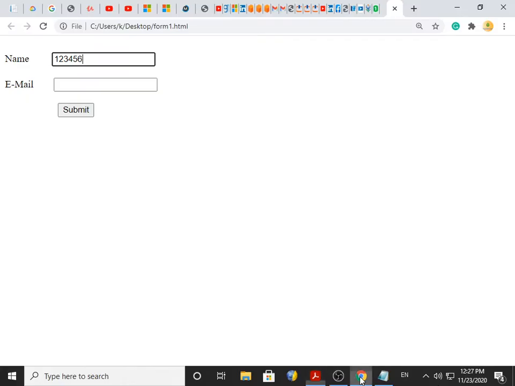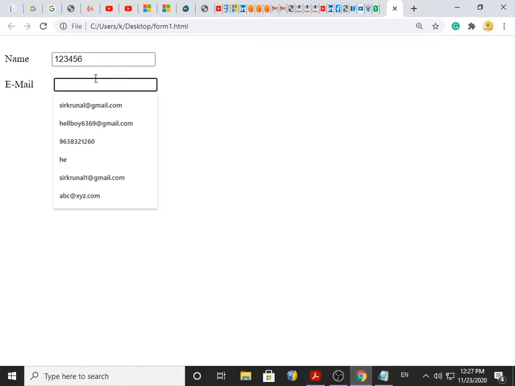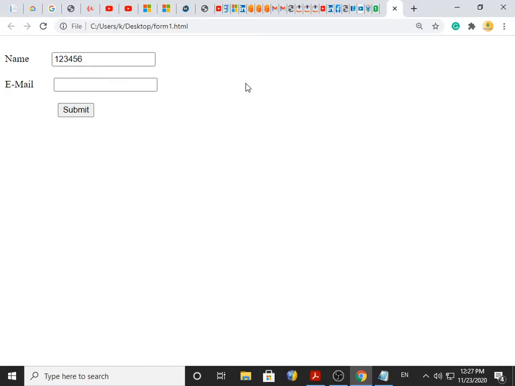Now how can an email address be correct? An email address must contain the @ symbol, and it must contain a dot. So these are the essential criteria required to focus on, so that the email ID must be correct.